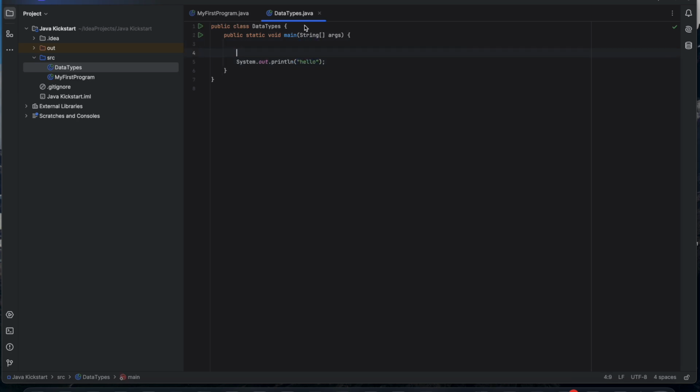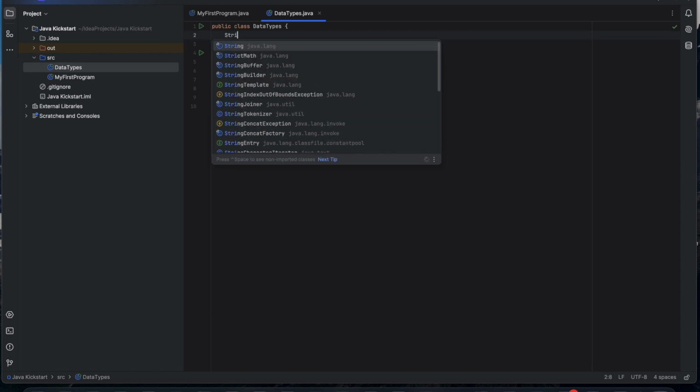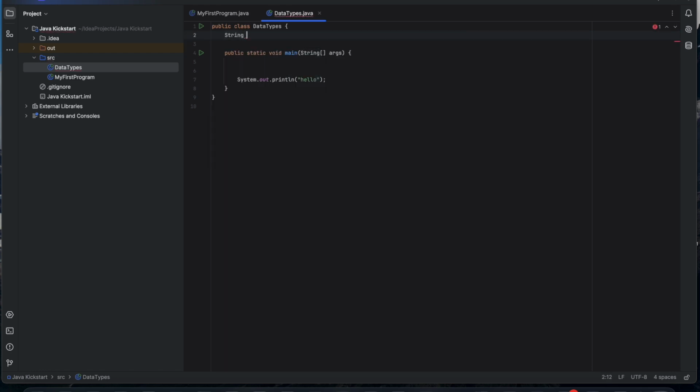So I'm going to write that down up here. String, and then you want to give it a name. Okay, so I'm going to say name1, and if you just put a semicolon, what that really means is it's going to be initialized to null, which means it has absolutely no value in it. So for example, if I were to